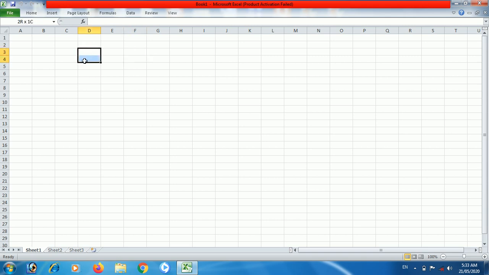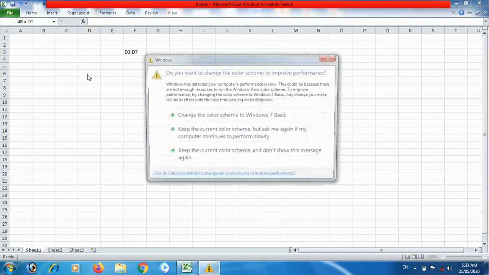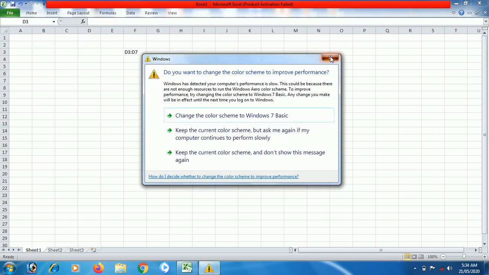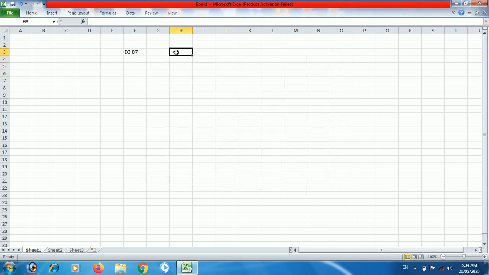Range D3 to D7. This is D3 colon D7. If I select this range, then topmost cell will be considered H3, then colon will be there, and lowest cell right bottom, that is J8, H3 to J8.